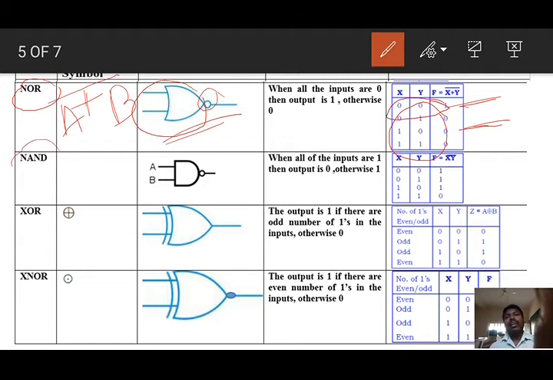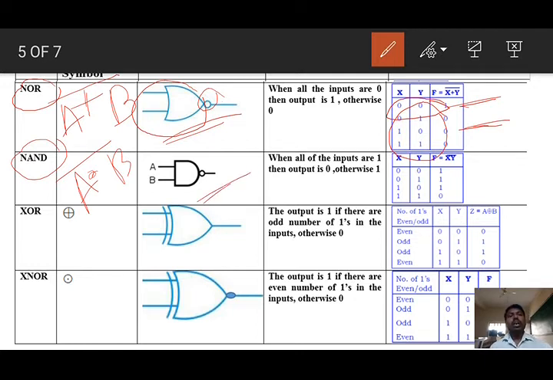Next, NAND gate. Dear students, the NAND gate is nothing but NOT plus AND gate, which means the AND gate is always followed by a NOT gate. The logical symbol of the NAND gate is dot with a complement. For example, if you give A and B as input signals, the output signal will be A dot B, the whole complement.